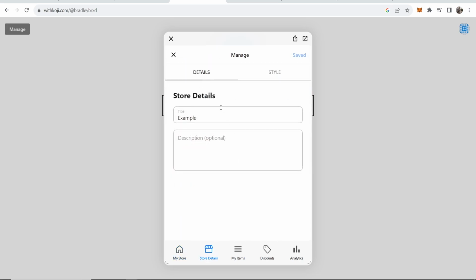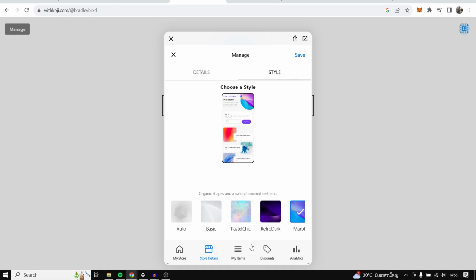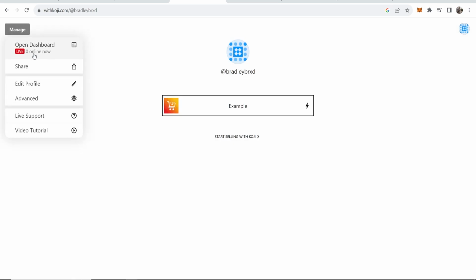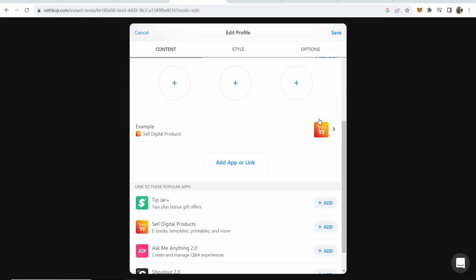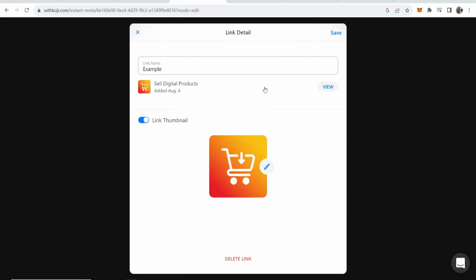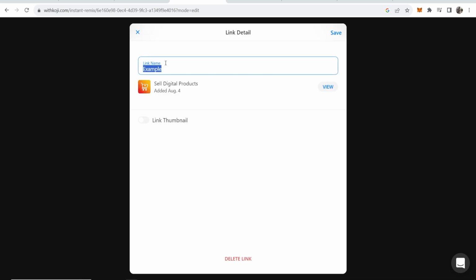Now if we go to store details, we can change our store again if we wanted to. So I might want to change it to digital products. Then we can go to style and we can also change the style again if we wanted to. Now, if you go to manage and you go to edit profile and you scroll down, you should see the store here. Now, I'm going to uncheck this thumbnail and click save. So now we've got our store and we've got the name here. Again, if you go to manage, edit profile, I can change the link name here to